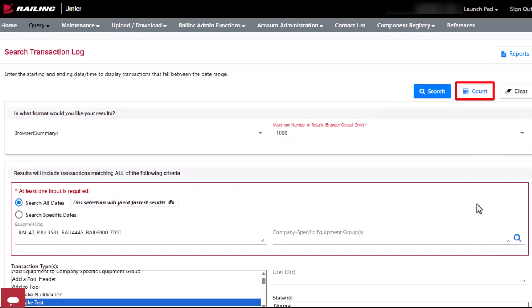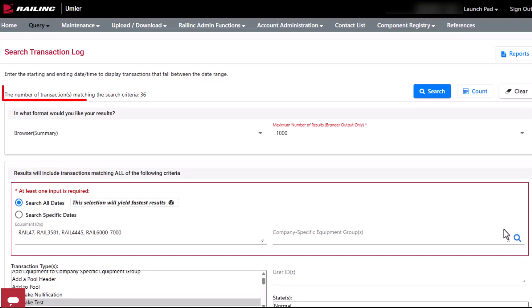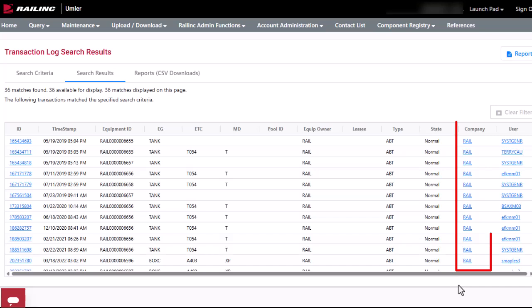Count returns the number of results without actually displaying or downloading them. When I click on Count, it returns a count of 36. Search runs the query and displays the results based on your Output To selection. Click Search. On the Transaction Search Log Results screen, the company is always visible, and the user ID is visible